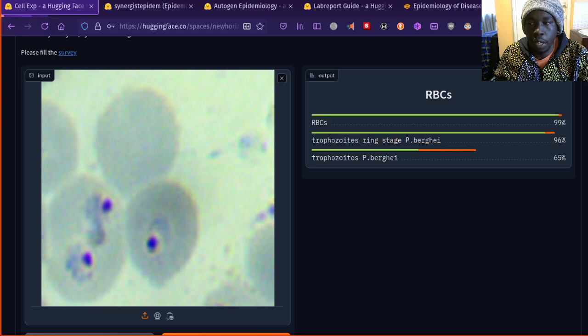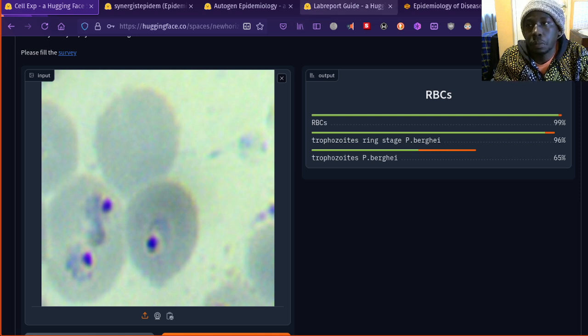So it's very accurate, this model is very sure that there's a high likelihood that within this image there are red blood cells, and particularly infections of this, which is actually a stage in the life cycle of plasmodium called the trophozoite ring stage, and generally trophozoites. So the majority of the cells here are infected, and this is super important for lab